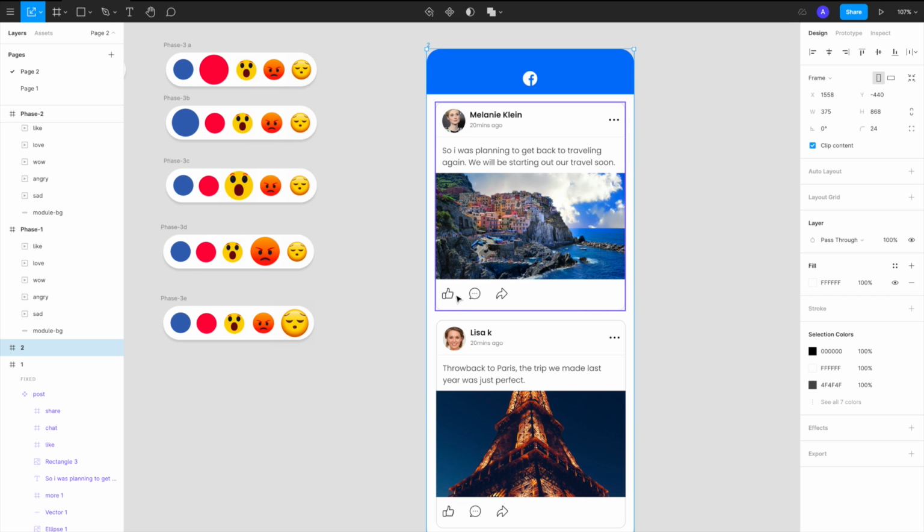I'll change this like icon to the heart icon and like love around it. But you need to do it for all 5 things so that once you select, you can link that particular zoom stage to this particular artboard, so that once you select that icon, this like hand icon changes to that particular reaction. So let me quickly do that for one of these.